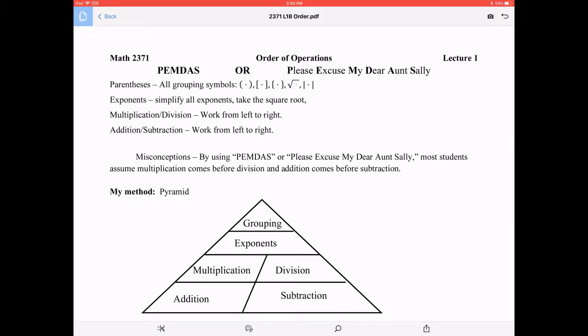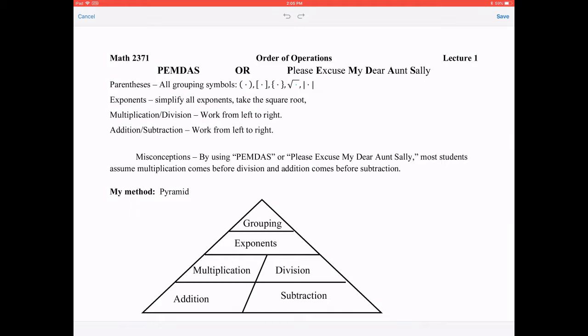Hello, welcome back. This is the lecture over order of operations. Now, I want to start with talking about PEMDAS, or Please Excuse My Dear Aunt Sally. Most people have heard of these, which are great acronyms for order of operations. I'm going to say great. They're okay acronyms for order of operations. I have several issues after teaching for 25 years, or teaching for so many years,